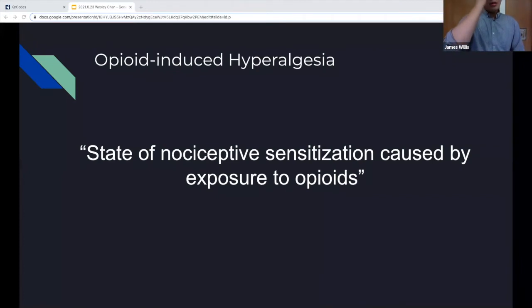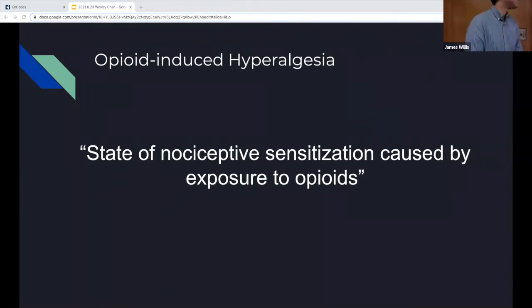One of the reasons to avoid using opiates long term is the concept of opioid-induced hyperalgesia. This is where patients who receive opiates for the treatment of pain can actually become more sensitive to certain painful stimuli. The mechanism is not fully understood yet, ranging from neuroplastic changes in the peripheral and central nervous system to different sensitizations of the nervous pathways.